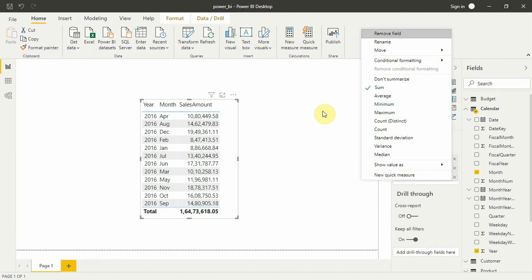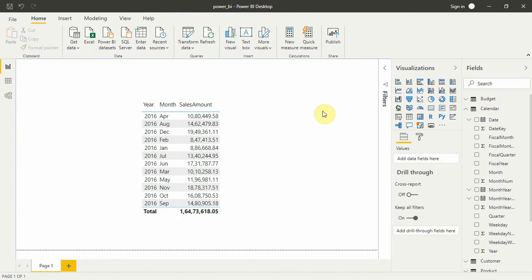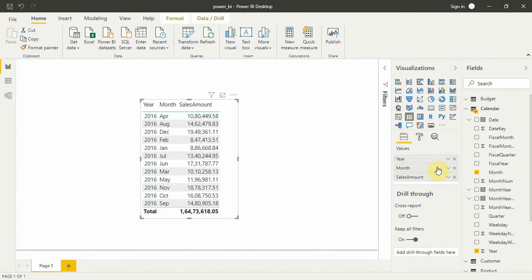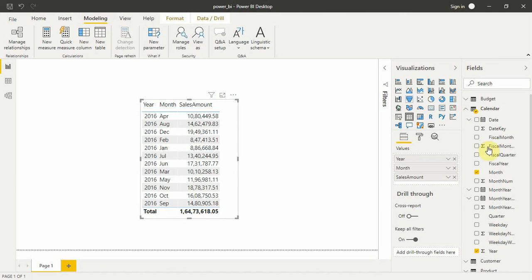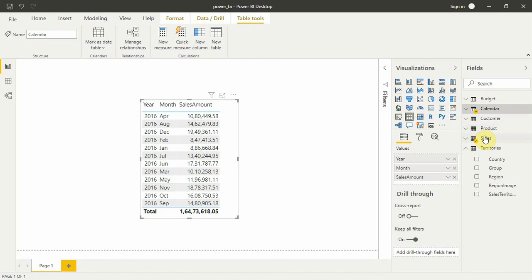So this is a DAX measure, but this is an implicit measure. There are two types of measures: implicit measure and explicit measure. Implicit measures are these that we perform through selecting this, and explicit measures are what we write. I'll show you how to write an explicit measure. So you go to modeling, you select write explicit measure in sales, so we'll select sales.